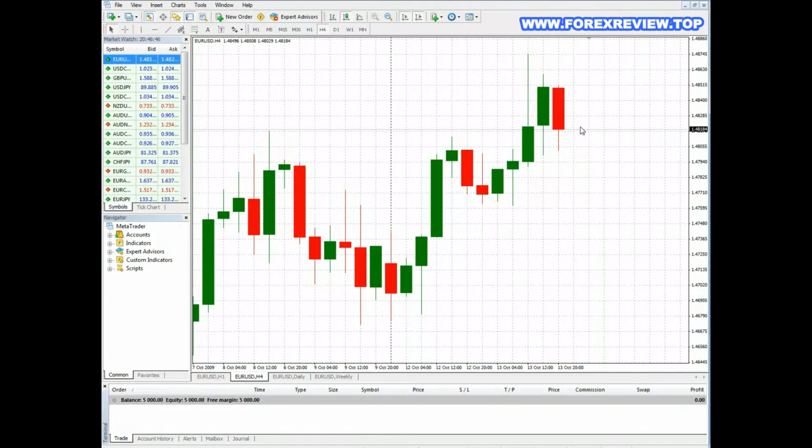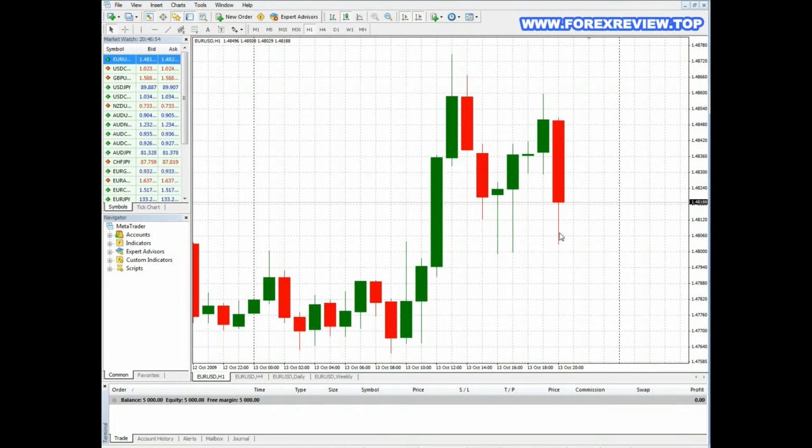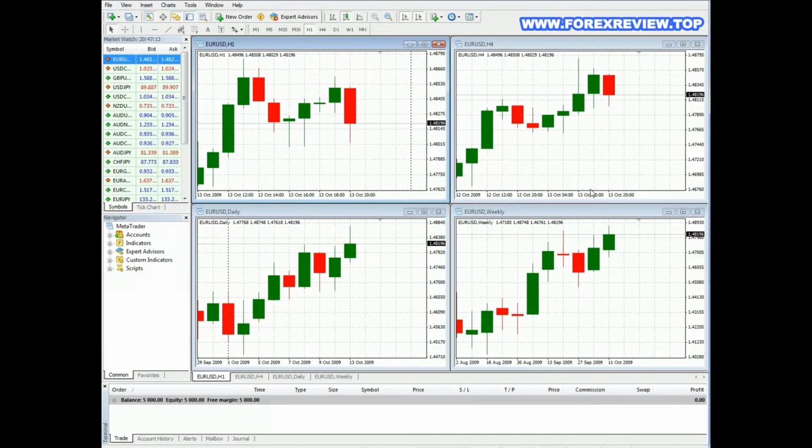There's our 4-hour, and we've lost some upward momentum here. And 1 hour, this is what we're looking like. We're really bouncing around as evidenced here. Again, this is just one way to set up a screen for a particular currency pair that you might want to study. Now, this can be applicable with any of the other currency pairs,